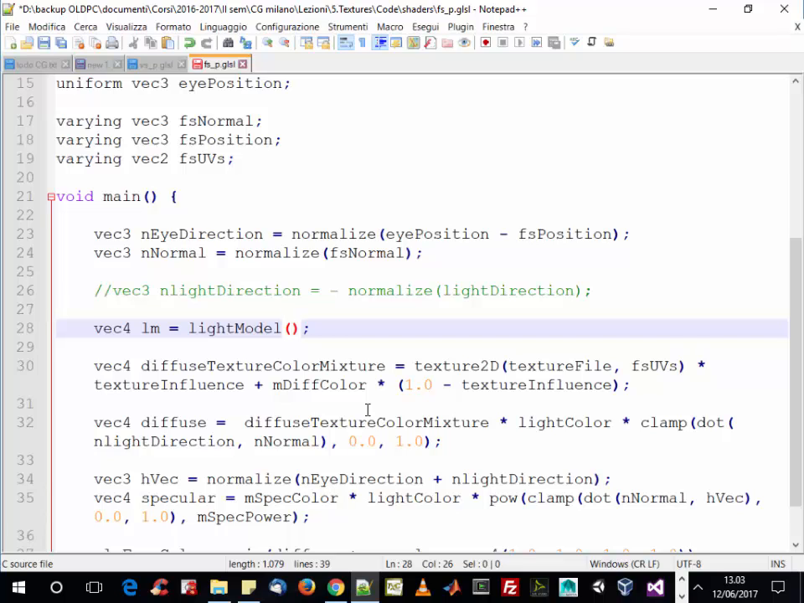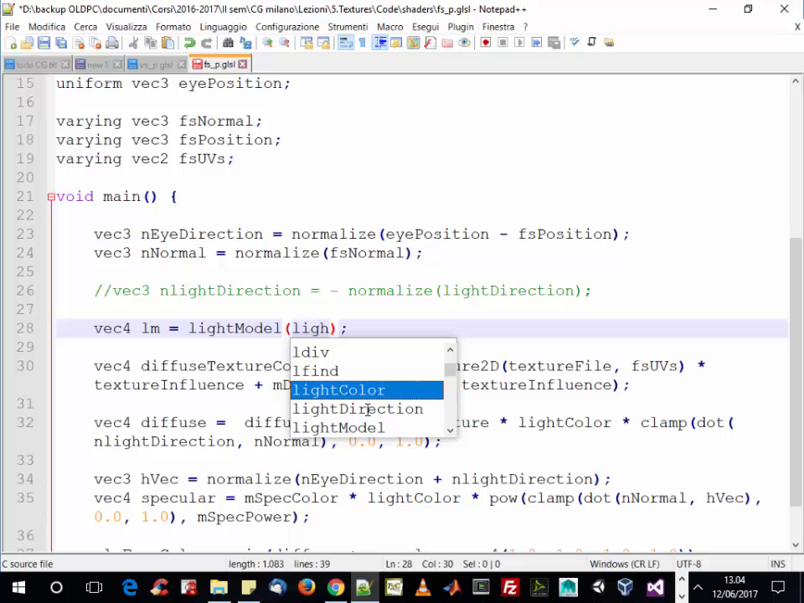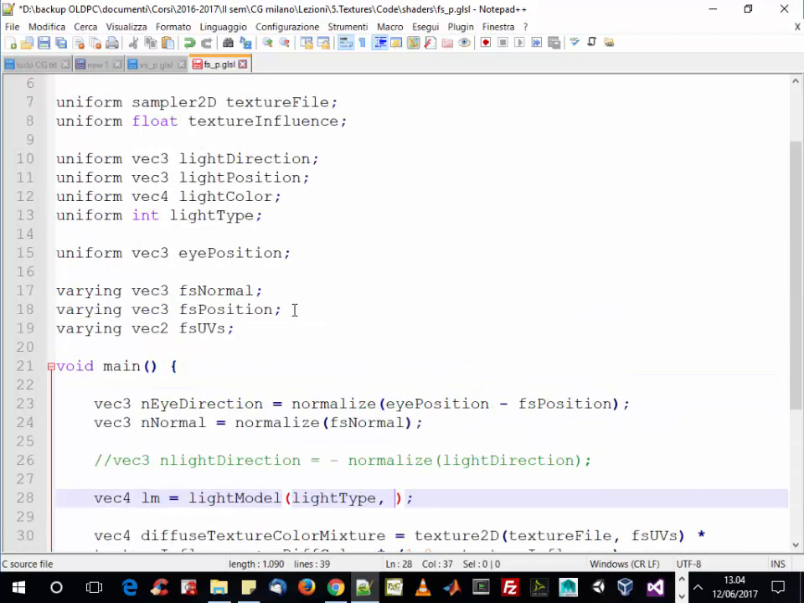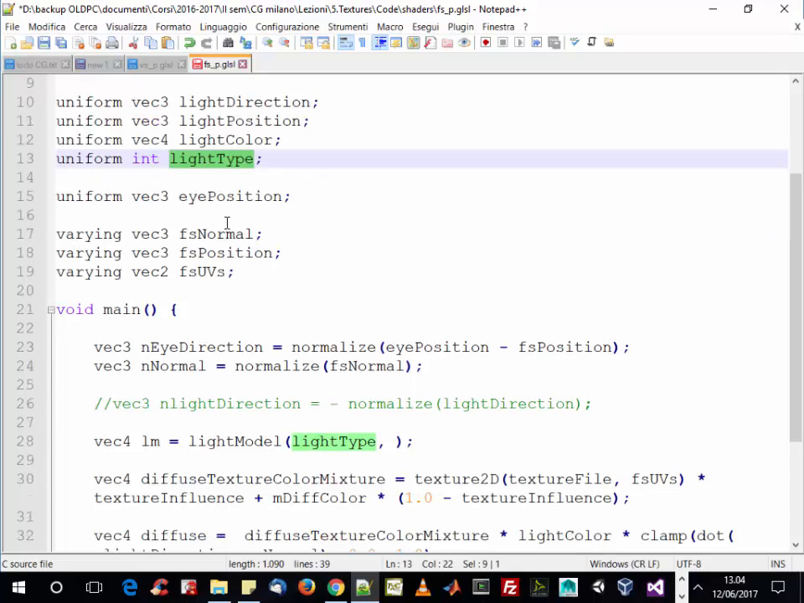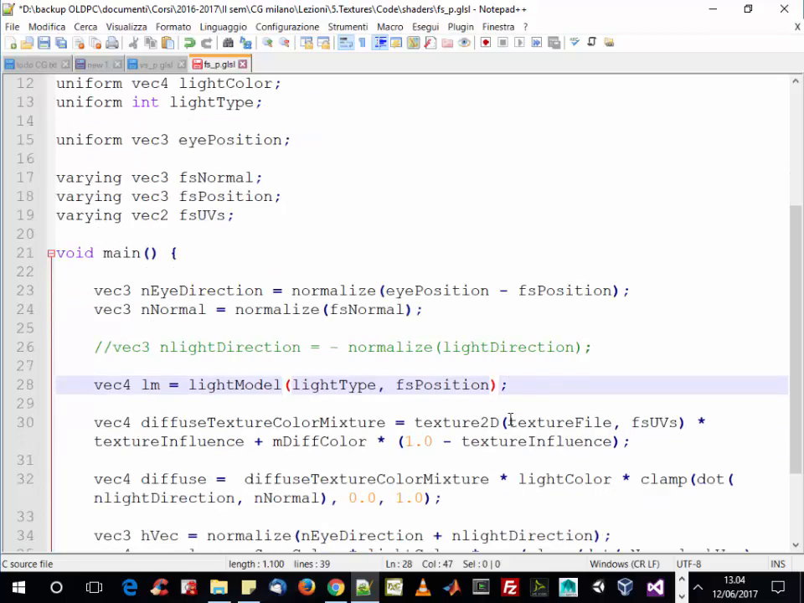And we want to pass to this light model function first light type, in order to specify which kind of light we want, and then fs position, because we need to correctly compute the bouncing of light over the surface, the position of the surface. Then